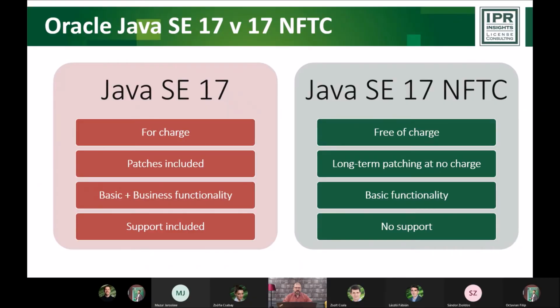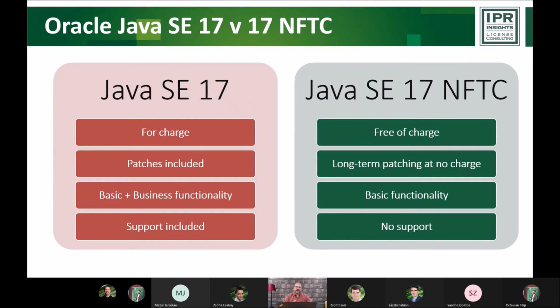So therefore, all of this is very welcome, and this is now, I think, a real alternative to buying a subscription or exploring other distributions, and the associated development work, testing work, all of that pain. Let's look at Java 17 NFDC versus the different distributions and versions to get a clearer picture of where we stand with this one now. So the difference between the NFDC flavor and the proprietary flavor, or the subscription flavor, is that obviously there's no charge.